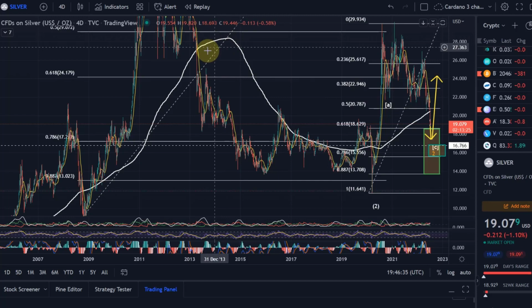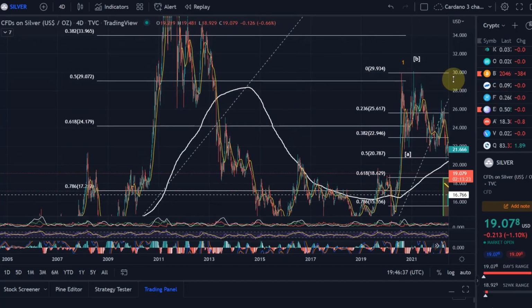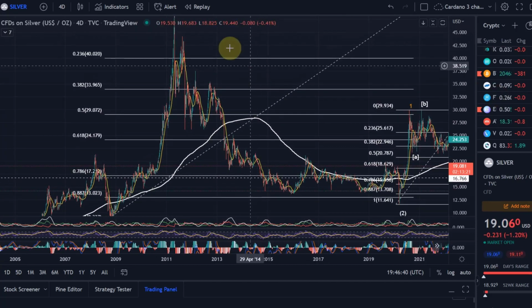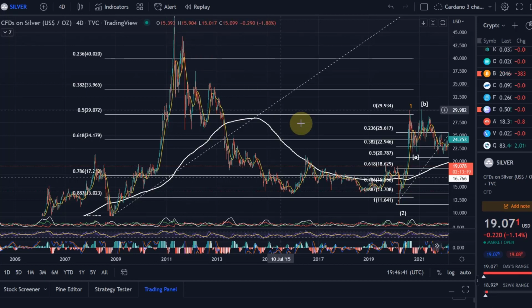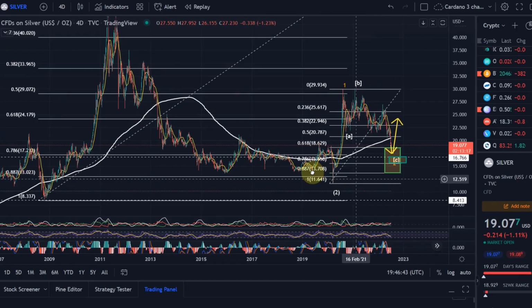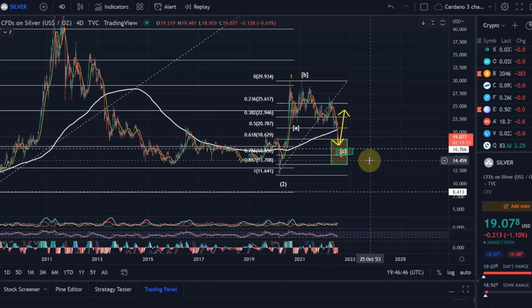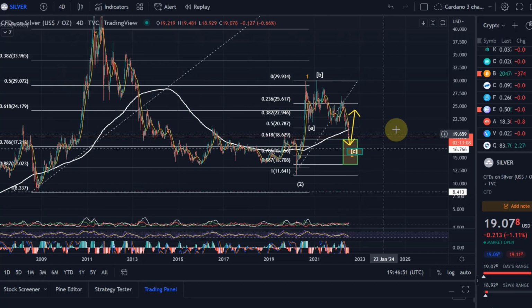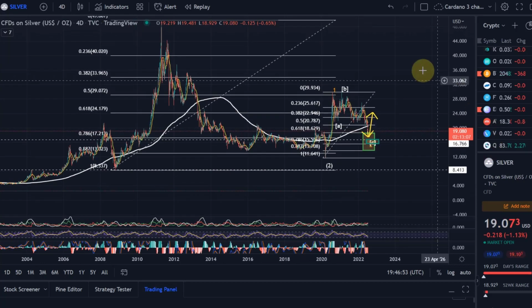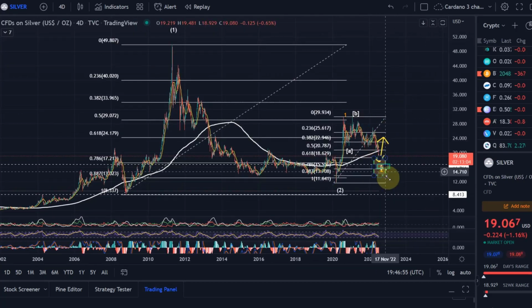See how long the last correction took, even though this was a wave of the higher degree. It started obviously in 2011 and ended in 2020. I mean, this is a lower wave degree, but there's nothing telling us this couldn't take a couple of years, unfortunately. Which would be a great accumulation phase, but unfortunately, this means that we will not see higher silver prices